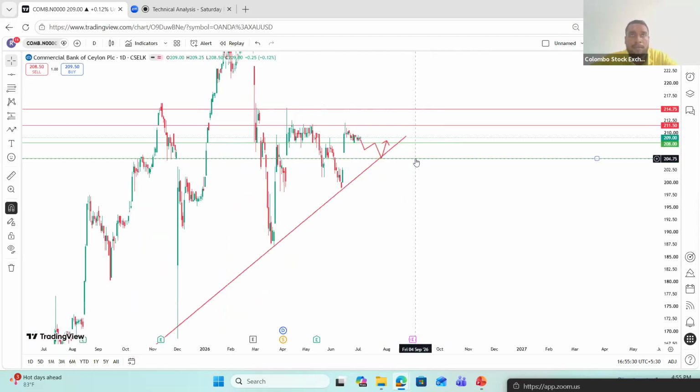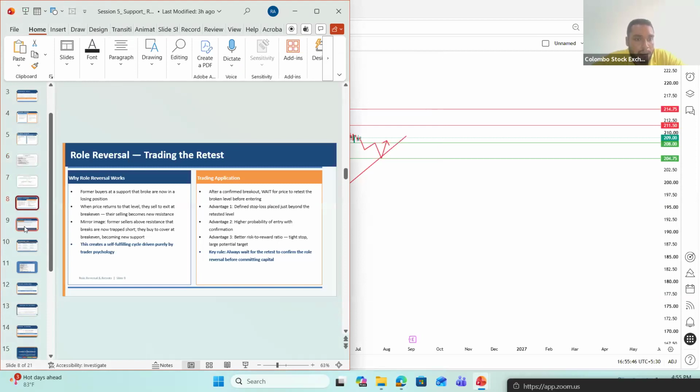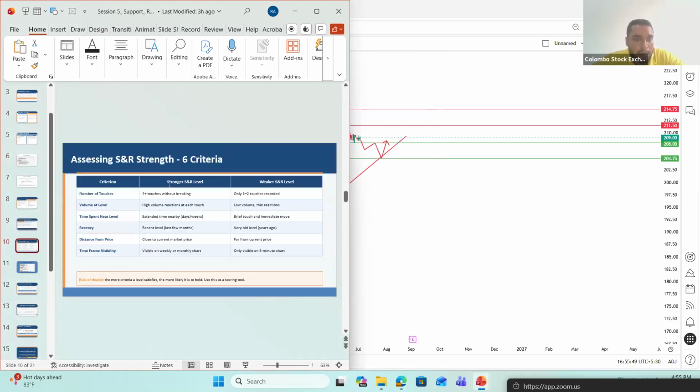Like that, there can be very strong support and resistance levels. How we identify strong support levels and minor support levels, we also discussed that, right? I have a guideline for that also somewhere here. You can see how to identify stronger support and resistance levels and weaker support and resistance levels, which we will discuss probably next session. Okay, so